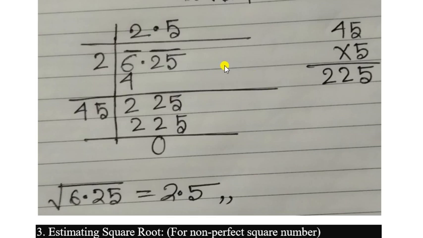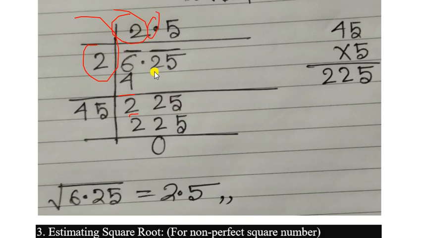One more example I am going to explain here, for decimals: 6.25. In the same way, you have to first give the bar symbol. I have given the bar symbol on 25, then on 6. Then again you have to take the largest square number nearest to 6. That means here we can take 2, because 2 squared is 4, nearest to 6, not more than 6. But we cannot take 3, because 3 squared is 9. So 2 and 2, here also 2, 2 squared is 4. Now if we subtract, then we will get 2. Then the decimal point has to be placed in the quotient place.